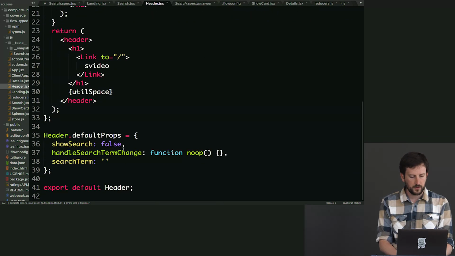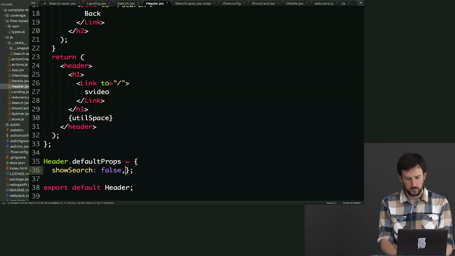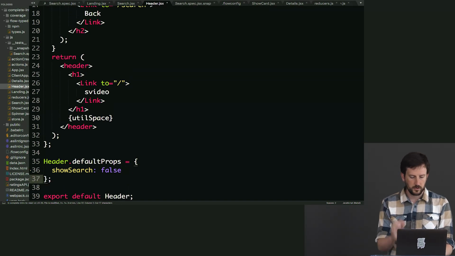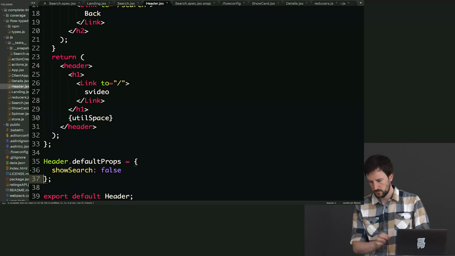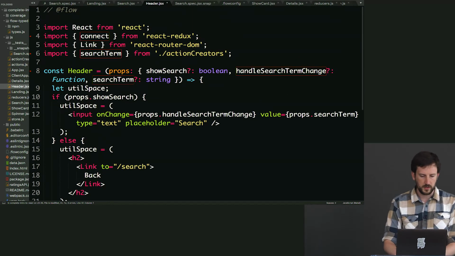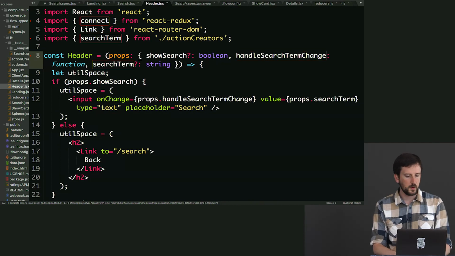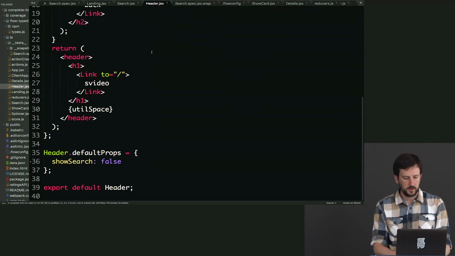We come down here for default props, get rid of handle search term change. Get rid of search term, because these are no longer optional types, right? You also are going to get rid of the maybe types here. So get rid of the question marks, because now it's just always going to be reading from Redux, and it's just only going to occasionally be using it. Okay, then down here at the bottom,